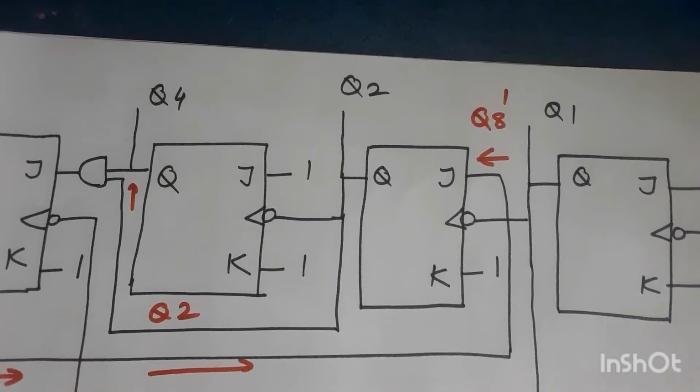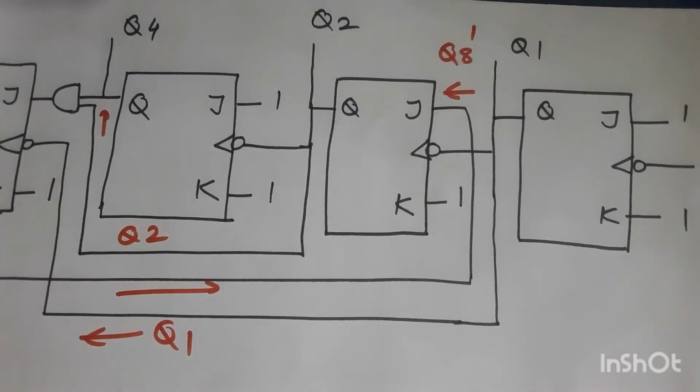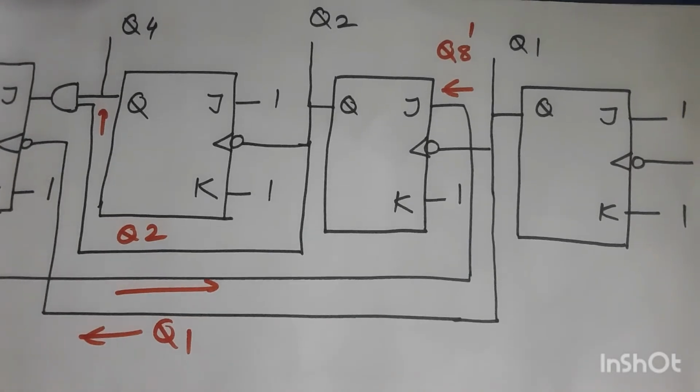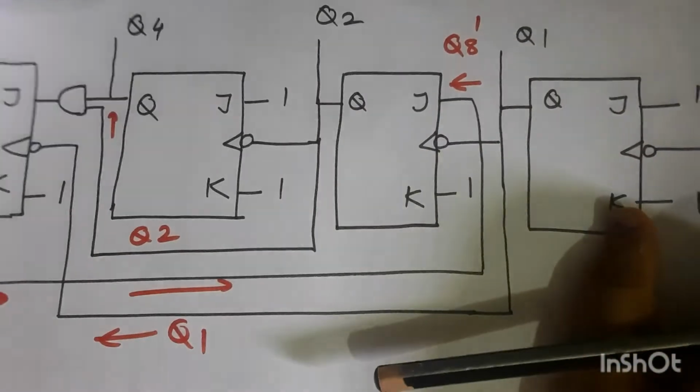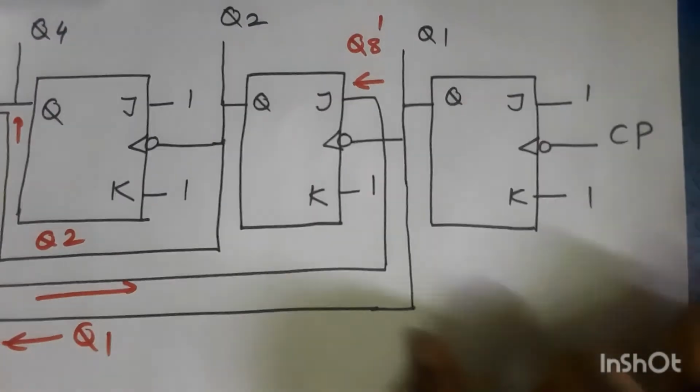I just want to recall that we are going through all the conditions because it is an asynchronous counter, and in an asynchronous counter a Boolean equation we cannot use. So we have to find all the possible conditions in which the transition from 9 to 10 does not happen in the binary value of 4 bits. We have to look for all the conditions. So whatever conditions I have told, now I have put all together.